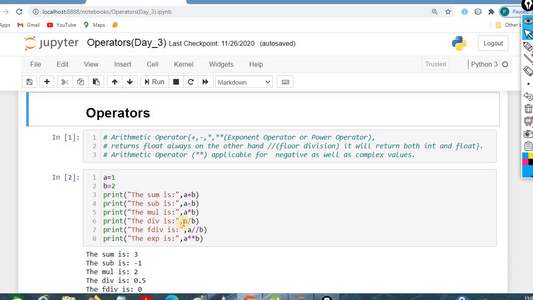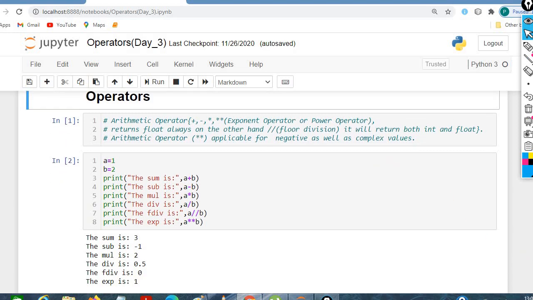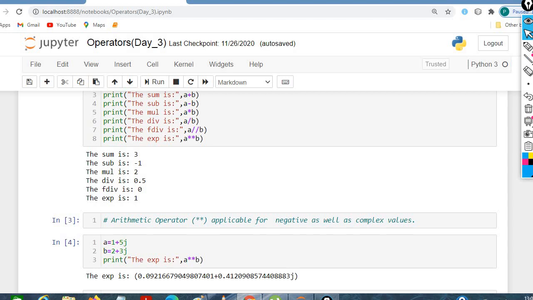But in case of simple division, whatever we provide, the result will come in float only. And we can use this exponent symbol. I will run these codes, then you will see more clearly. The exponent operator is used for negative values as well.